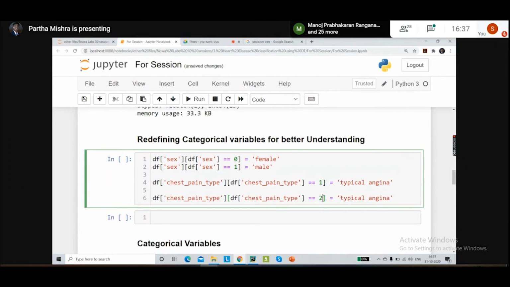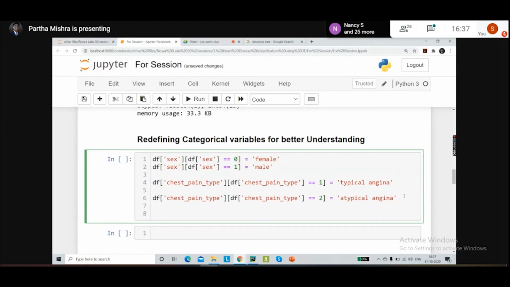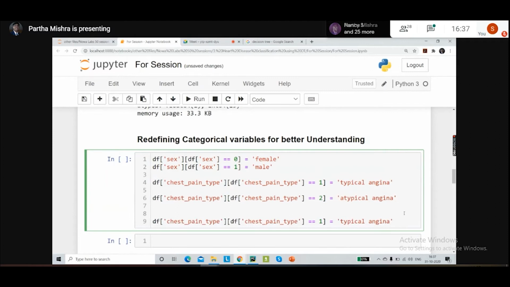If the value is 2, it is atypical. Similarly, if it is 3, we have something called non-anginal.